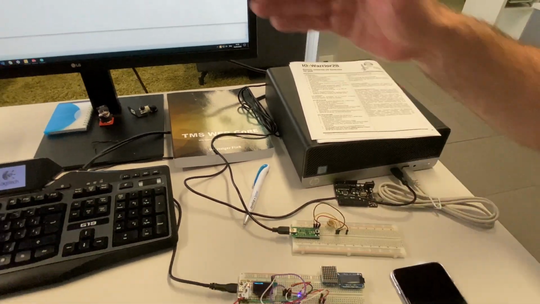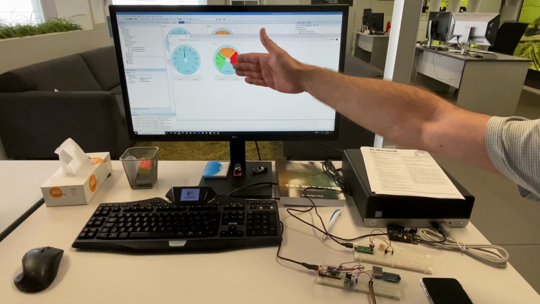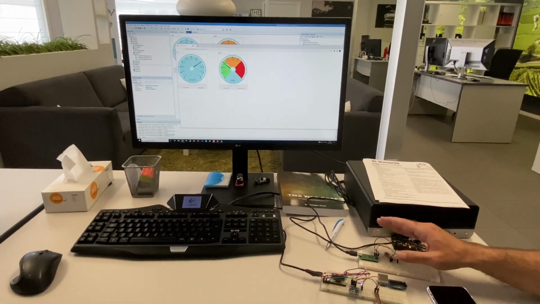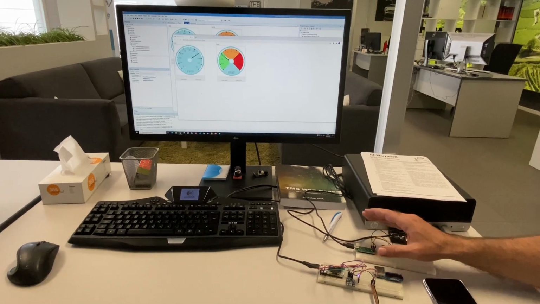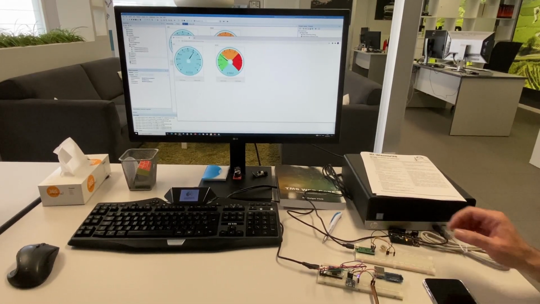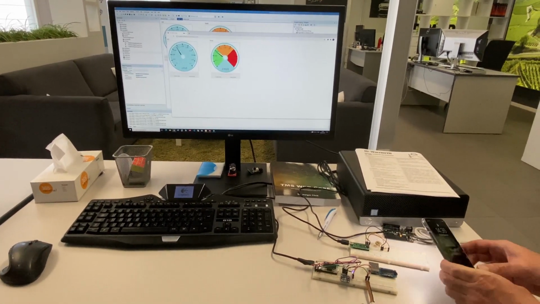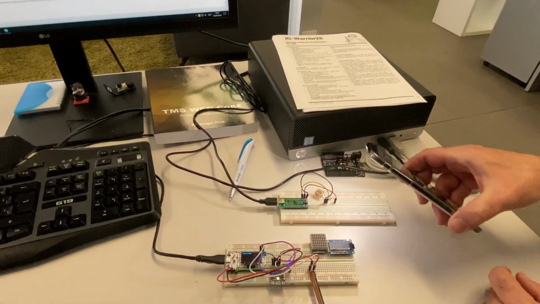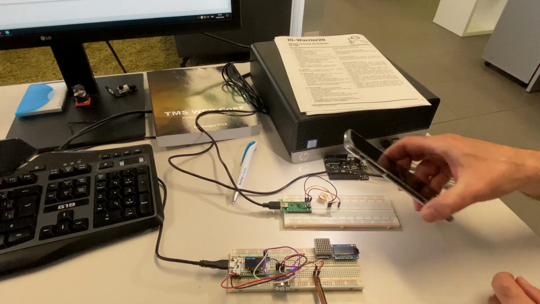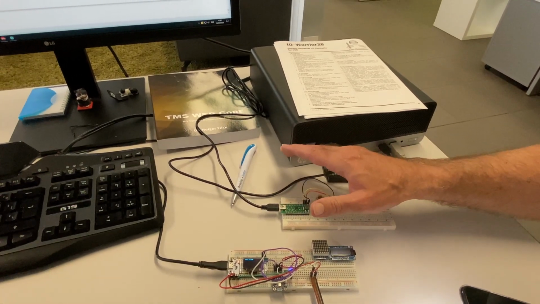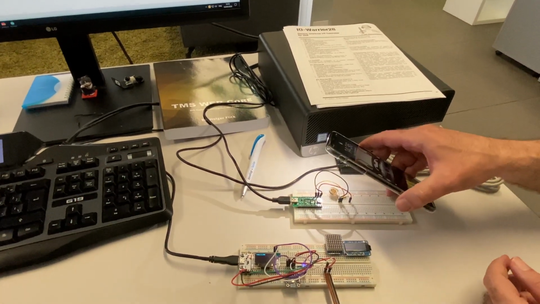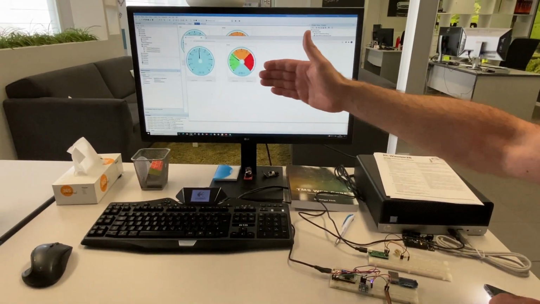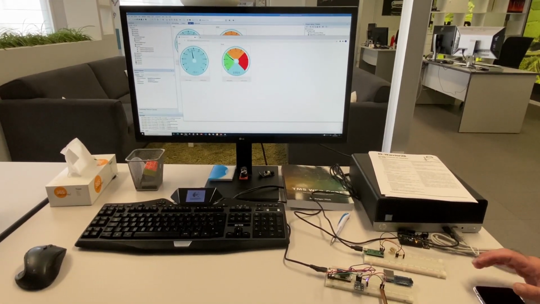So if you have a look at the meter on the left, you see some kind of voltage, and when I change the light on the photoresistor, obviously you can see how the value of the voltage on the ADC changes. So if I make it light or dark, we get the value updated on the left gauge on this WEB Core